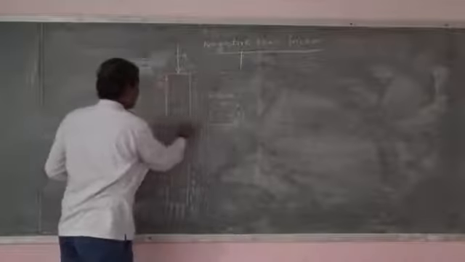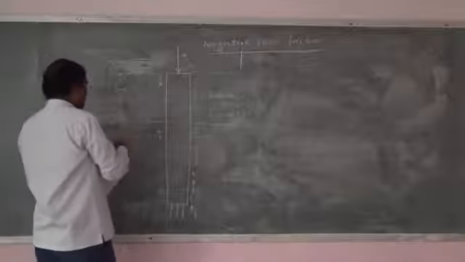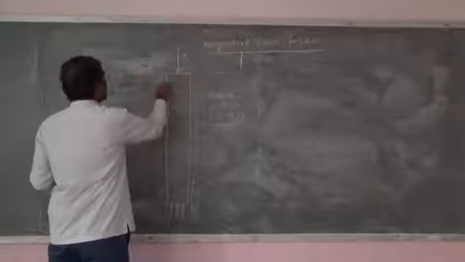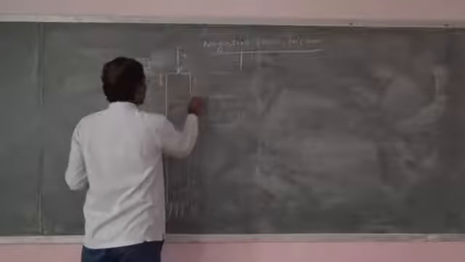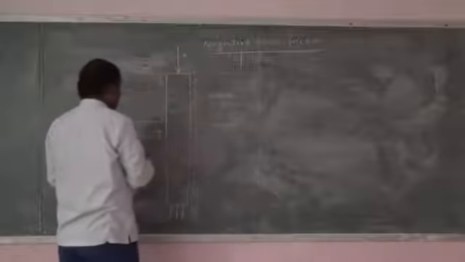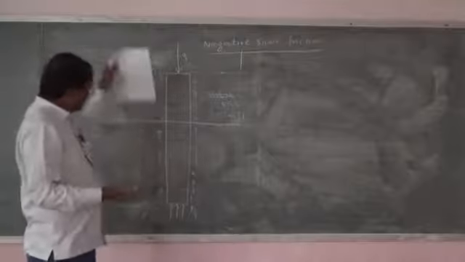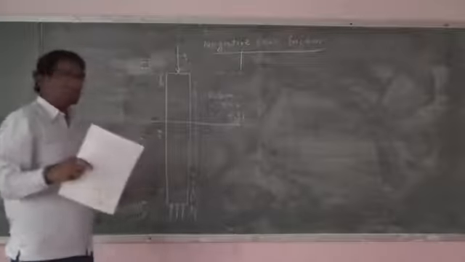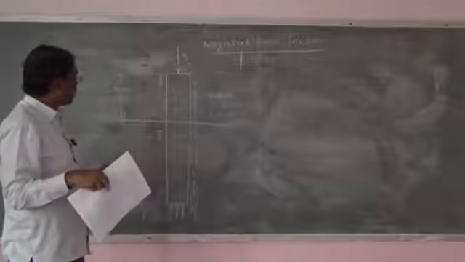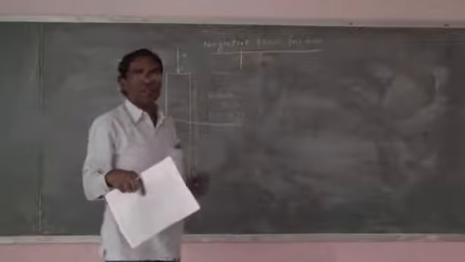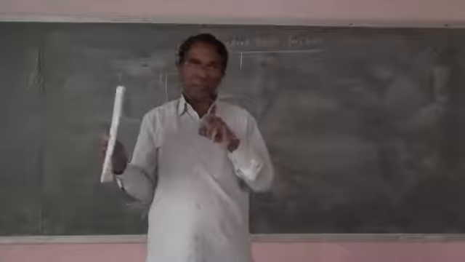up to here, wherever the fresh soil is there, let us take this length as LC. So up to here, the frictional force will be also like this only. The frictional force will be like this only, and this frictional force which is acting downwards, with the soil and pile both settling, the friction will act downwards, and this friction is called negative skin friction. This is called negative skin friction.